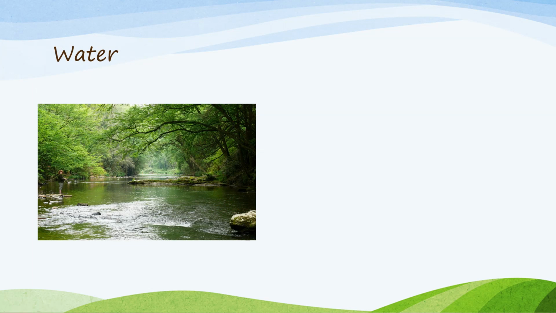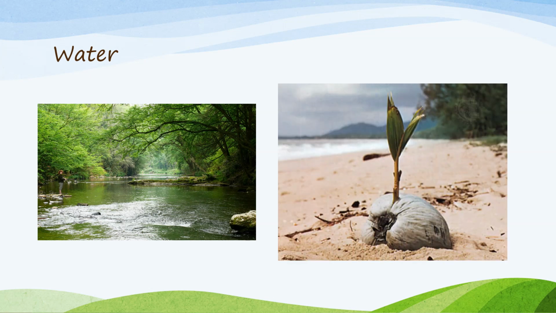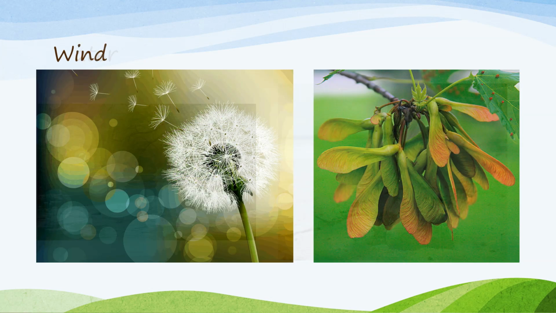Water can also disperse seeds when the seeds are carried away by rain and fall into oceans and rivers. Coconuts are actually a very cool example of this. Coconuts are giant seeds, and they can fall off of trees and roll down the beach and into the ocean. The ocean then carries them to another body of land, and it lands on a different beach and begins to grow. Wind can also disperse lightweight seeds, such as those of dandelions and maple trees. Some plants even eject their seeds. The force scatters the seeds in many directions.